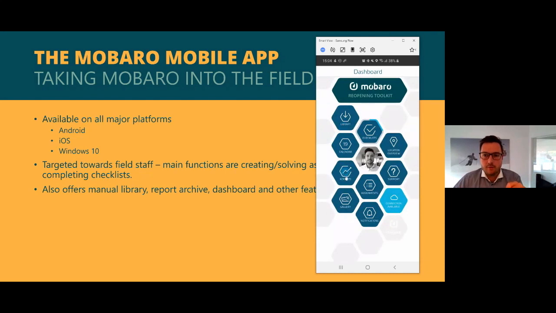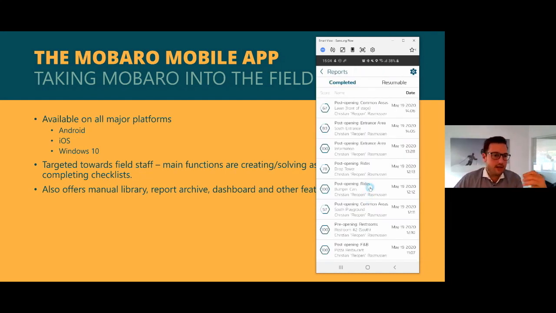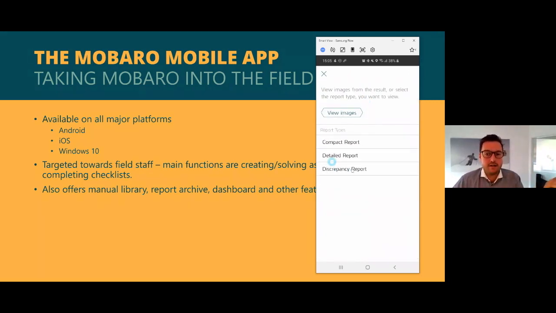The reports tab here is a report archive, again similar to the result list that I showed you in the web application. So this is where I can list and view all of the individual checklists that have already been completed in different formats. The toolkit comes with a compact report, a detailed report, and a discrepancy report. And I sadly don't have much time to cover